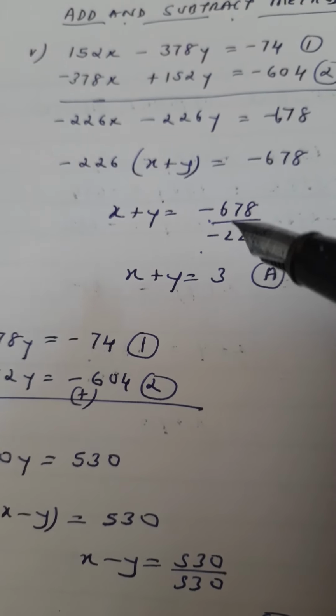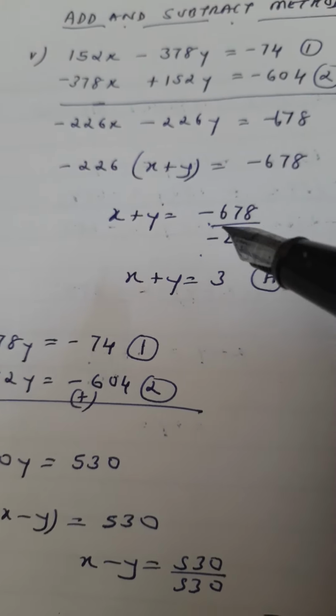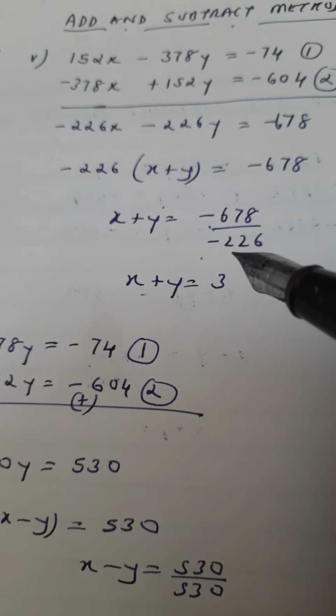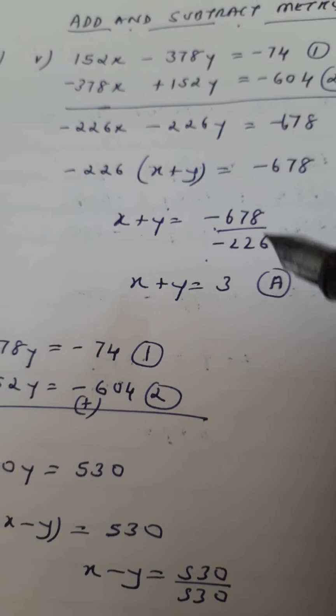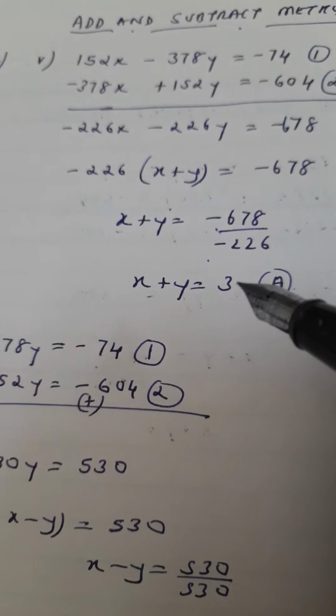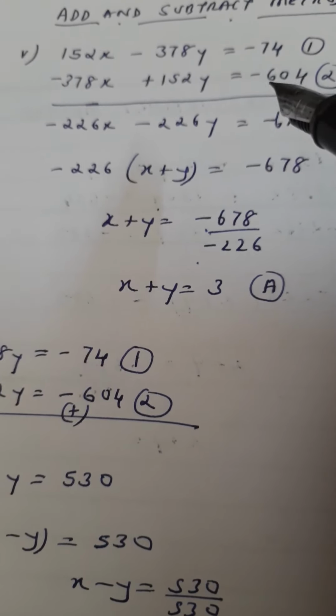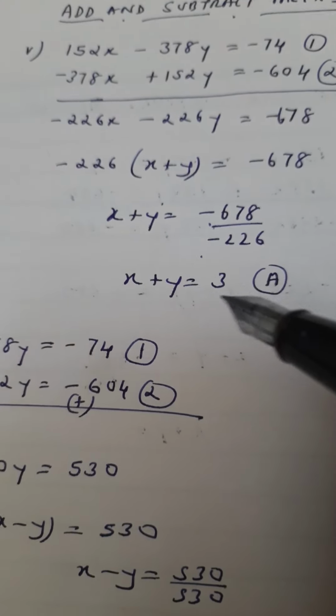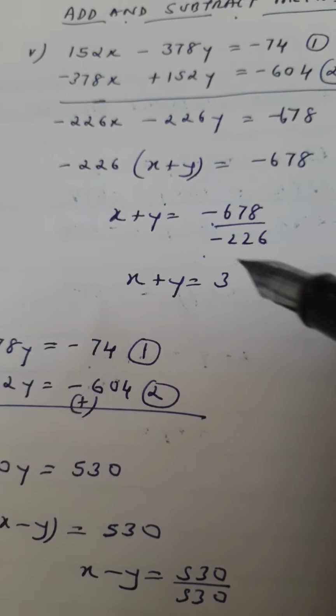And always remember, if you are doing these calculations right, this will get cancelled. In all these add and subtract questions, this will get cancelled. So this goes 3 times. So x plus y is 3. So imagine this was such a big equation. And because of this addition, what has happened, you are getting a very, very small equation.